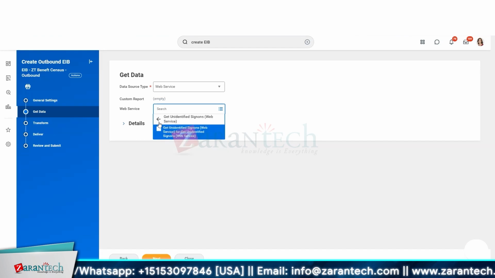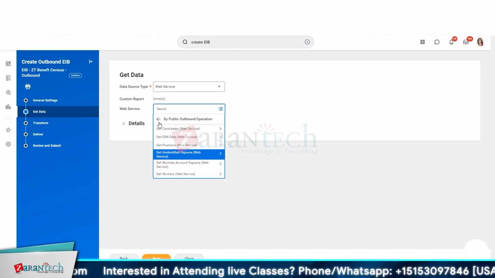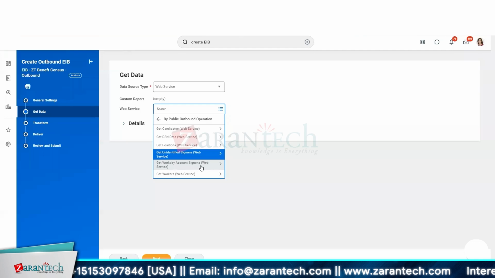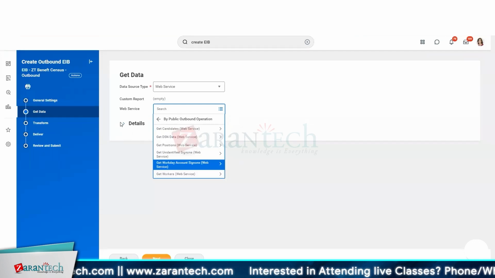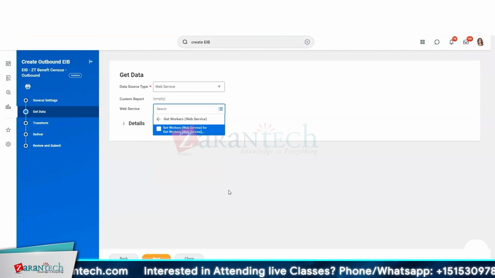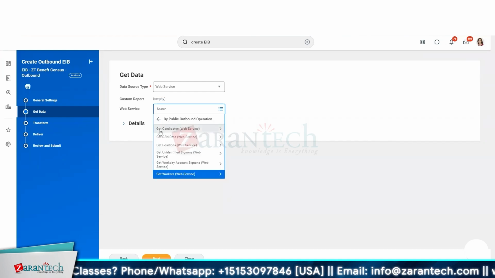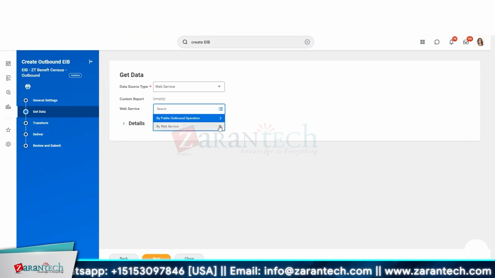This could be used for your single sign-on authentication, like Okta, like CyberArk. If you're connecting your Workday with single sign-on services, say get Workday account logins, account sign-ons. So depending on your use case as to what you need to do, if you need to get workers data, you can use the web services, but generally,